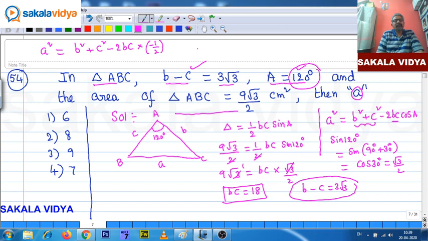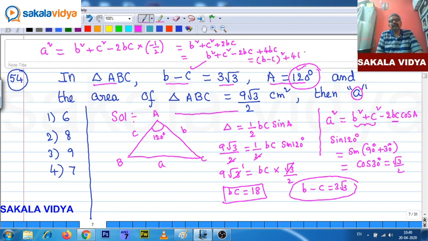This we can now write as b square plus c square plus 2bc. So now this can be written as b square plus c square minus 2bc plus 4bc. So this is b minus c whole square